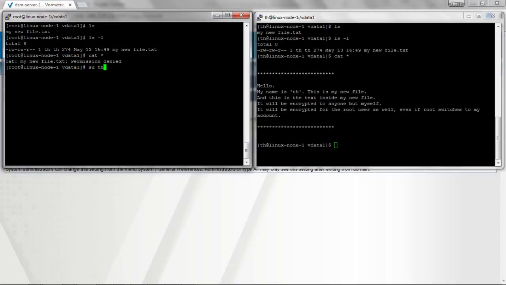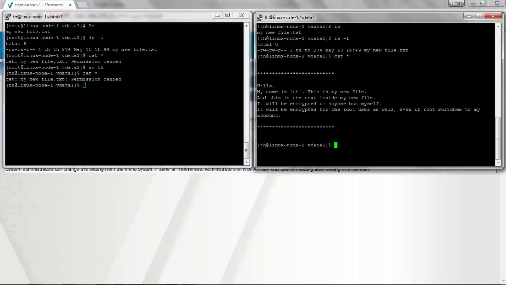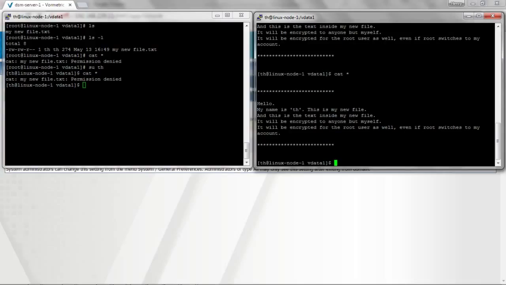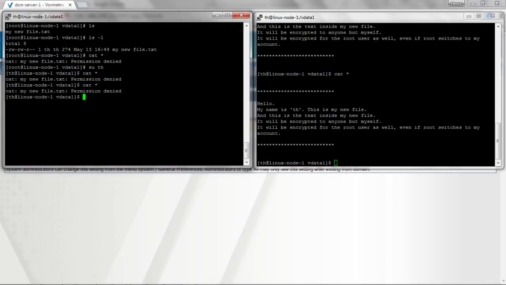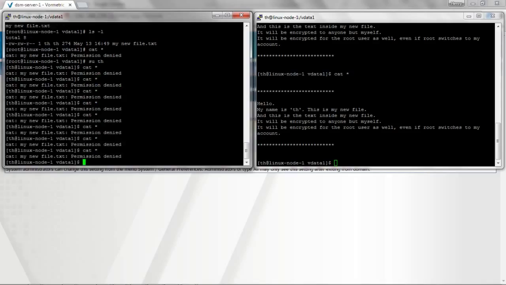So I'm going to try SU, or switch user, to TH, which is Tony Hadfield. And we'll try doing the cat command again as that user, but he's still denied. So Vormetric and the Vormetric agent that's installed on this Linux system is able to determine that the admin has tried to change users to another user and still cannot get access. So it still prevents the root administrator or the root user from accessing a file they shouldn't be able to